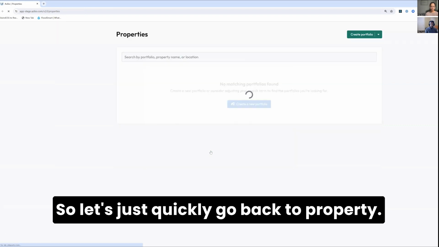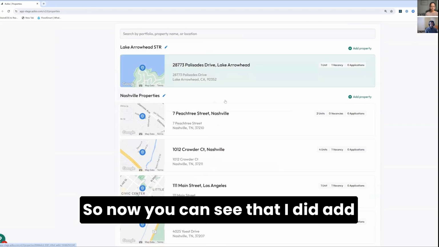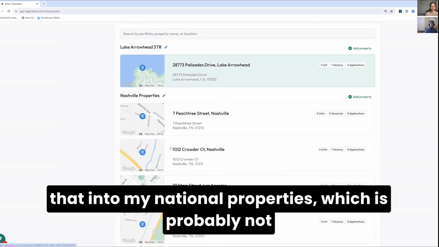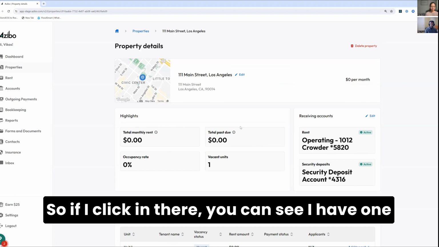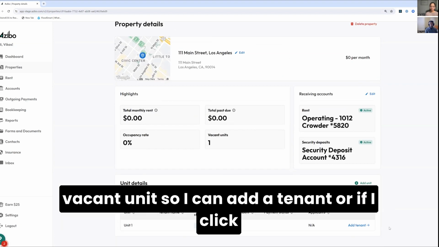So let's just quickly go back to property. Now you can see that I did add that into my Nashville properties, which is probably not great, but for now I think that'll suffice. If I click in there, you can see I have 1 vacant unit, so I can add a tenant,